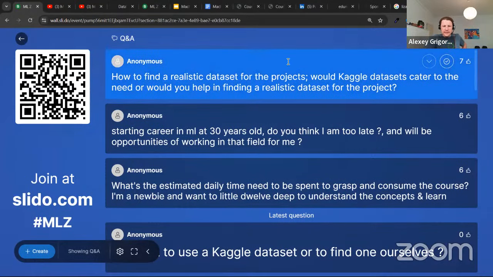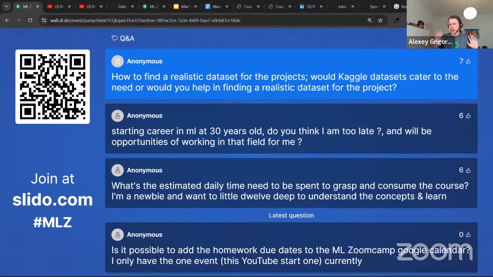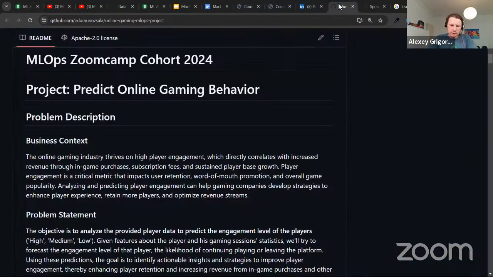How to find a realistic data set for the projects? Would a Kaggle data set cater to the need, or would you help in finding a realistic data set for the project? Kaggle is an awesome source of data sets for projects. This is excellent. You can find a great data set there. Then we actually have links, I think. Do we?